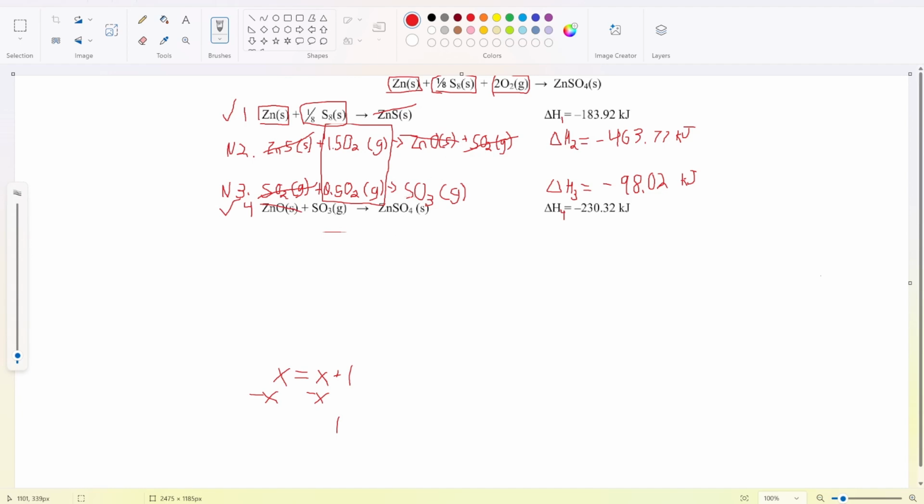And now all we have left is the SO3, the sulfite and sulfite, but they're on opposite sides of the equation, and as stated previously, common variables take each other out. So then we are left with zinc in the solid state plus 1/8 sulfur 8 in the solid state plus 2, because you add these, 2 O2 gas state goes into zinc sulfate solid state, right? So now we have the equation down,